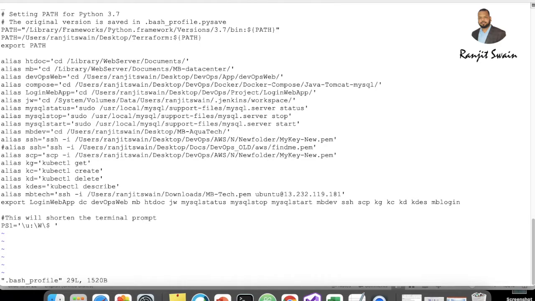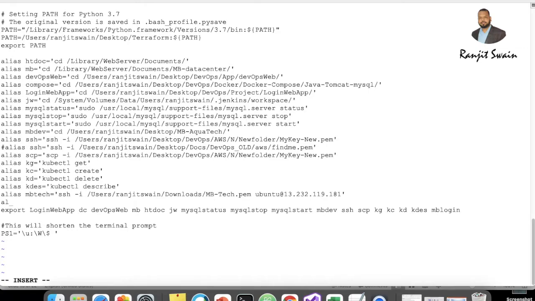Here you simply add one alias: alias remote, and the same thing you can put here. I have already created one alias here before, so I'm just using the same one. So now we have created one alias called remote, and we have to export this alias in the file. In the next line you can see I have exported it, so go to the end of the line and give remote. Now we added it.